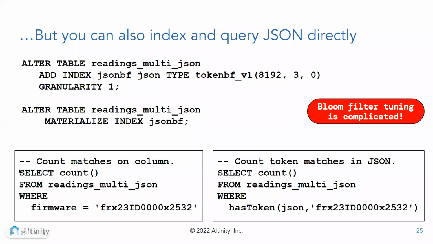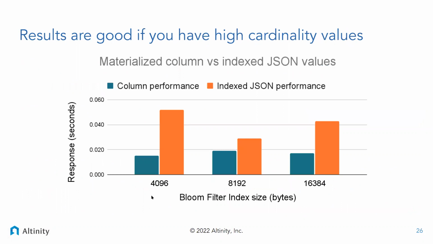And here's an example if we're just counting matches for a particular firmware type. You see the query on the column, you see the query directly on the JSON. The performance difference is actually not that bad. So this is a test that shows the effect of, if you tune the Bloom filters, so that's the orange brown one in the middle, the Bloom filter actually performs pretty well, almost as well as the column. So this is kind of a cool trick that, again, you can use in large data sets that allows you to do needle in the haystack searches and find data.